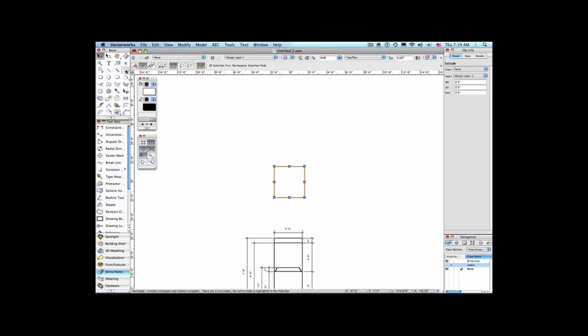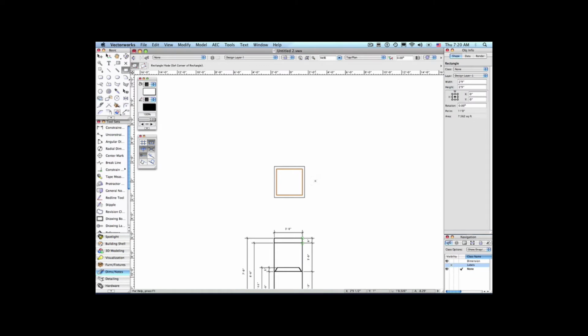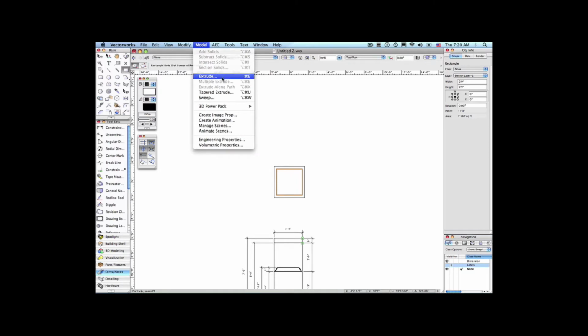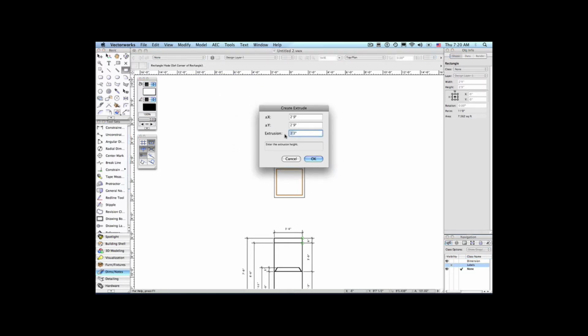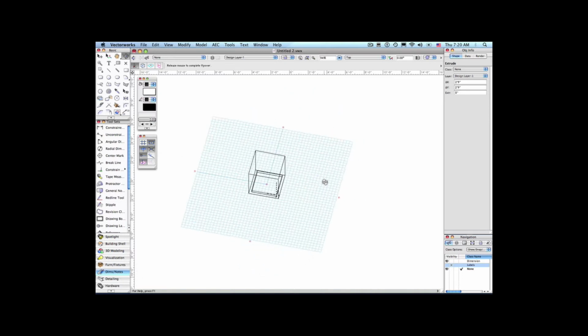Now I'm going to use the rectangle tool again to create the rectangle for the kick. I'm going to make it slightly smaller using the expression command. So what I'm doing here is subtracting the value from the width and the height, so that I can make a slightly smaller rectangle. And then I'm going to again use the model extrude command, and I'm going to just extrude this to the regular 3 inches for the kick. And then when I look at it in 3D, you're going to see that it comes in at the ground plane level. The bottom is going to be level with